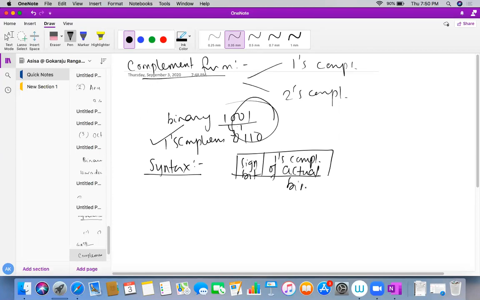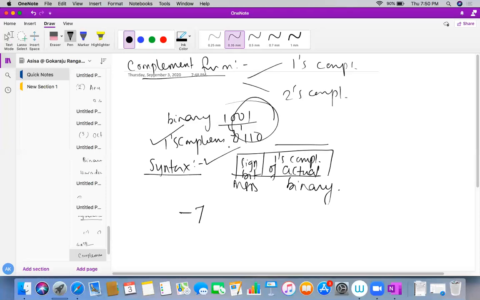Do you all understand, students, what you need to do? The sign bit is the MSB, and the other bits are the 1s complement of the actual binary. Now, how to represent minus 7 using 1s complement sign magnitude form?